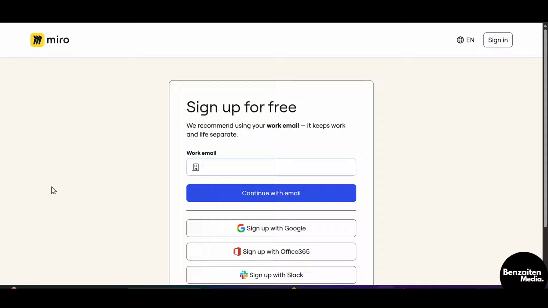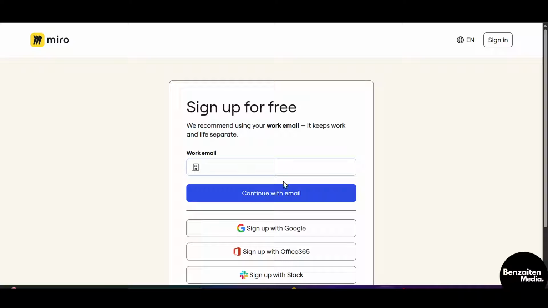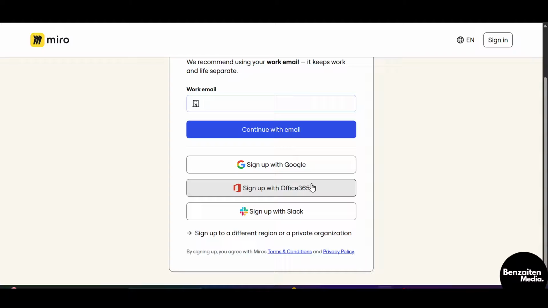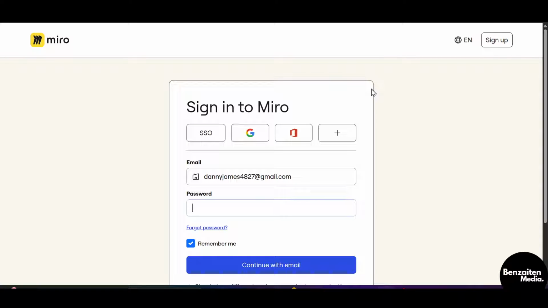So in this video, I'm going to show you how to use frames in Miro. So first head over to the Miro's website, and after that if you are new, just simply sign up for free with your email or Google or Microsoft Office 365, or you can also sign up with Slack. But if you already have a Miro account, simply click on sign in and then sign in with your Miro